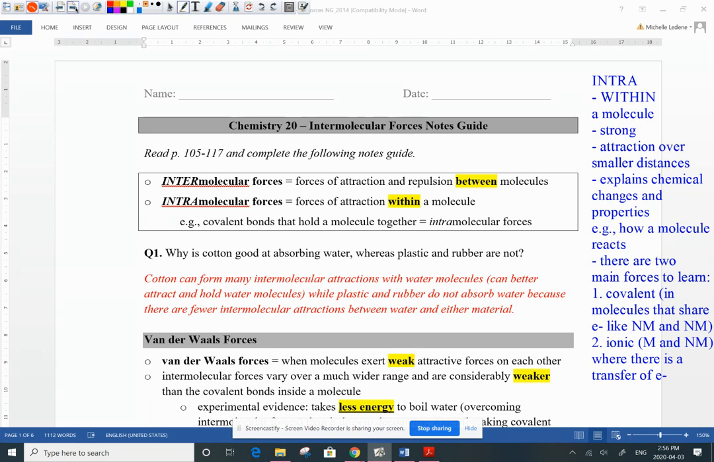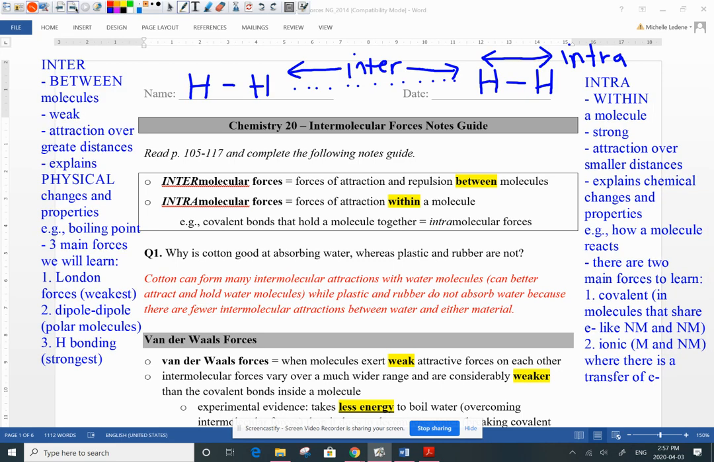Covalent forces, that's between nonmetal and nonmetal that share electrons. And also, you know of ionic forces, and those are a type of intramolecular force between a metal and a non-metal where there's a transfer of electrons. Okay, so